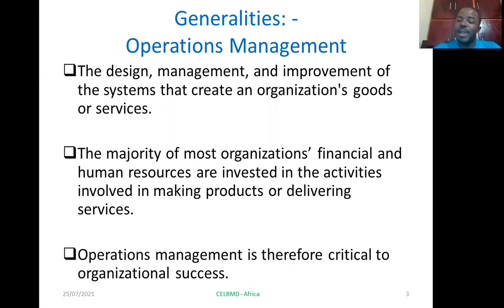production and delivery of those products or services, which means on its own, operations management forms the backbone. It is the vehicle with which products and services are delivered to the customers that every organization serves. That makes it extremely critical to the success of that organization. Vividly, from the standardized point of view, that is operations management.